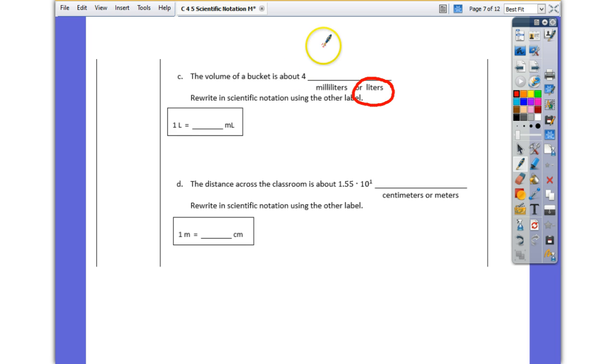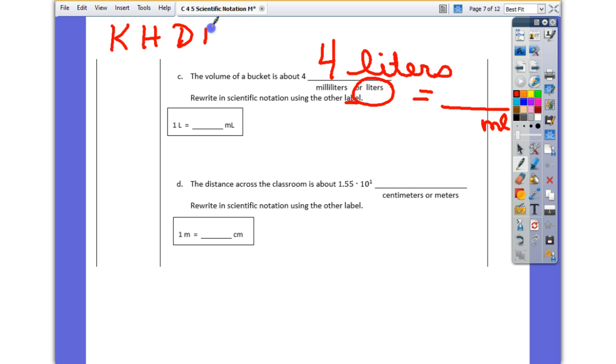Okay? So what do we know? 4 liters, right? Then they say rewrite it in scientific notation using the other label. So I have to figure out how many milliliters 4 liters equals. That takes us back to kangaroos hopping down mountains, drinking chocolate milk. Now I'm going from meters, grams, liters. I'm going from liters to